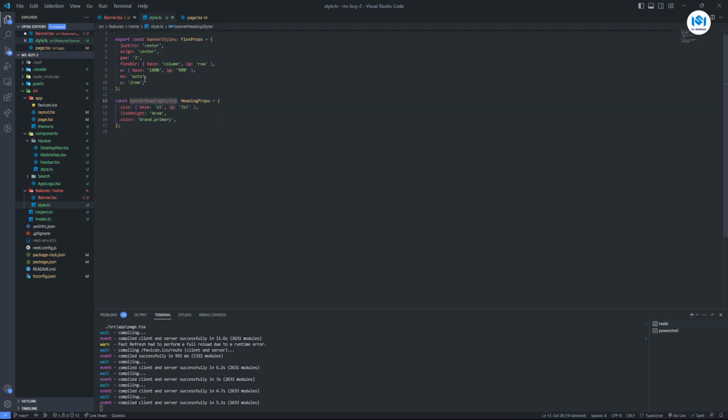Got it? Yeah, I need to make sure I am exporting this as well. Export constant banner description styles. So let me just say banner text styles. It is going to be text props. I'm going to put this